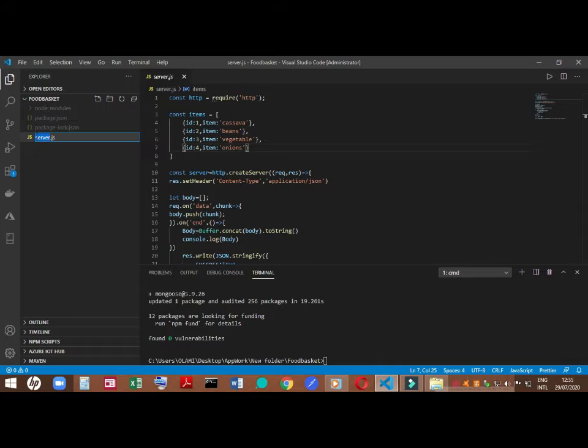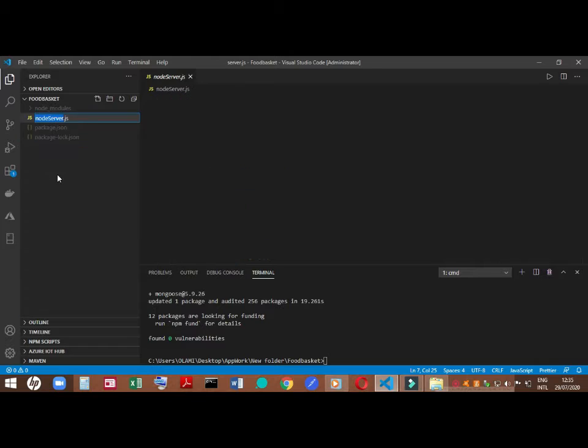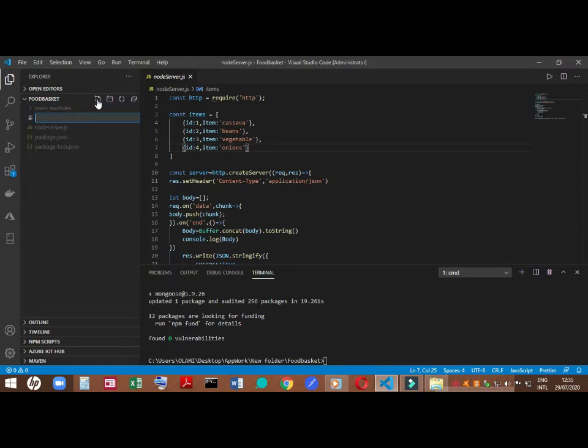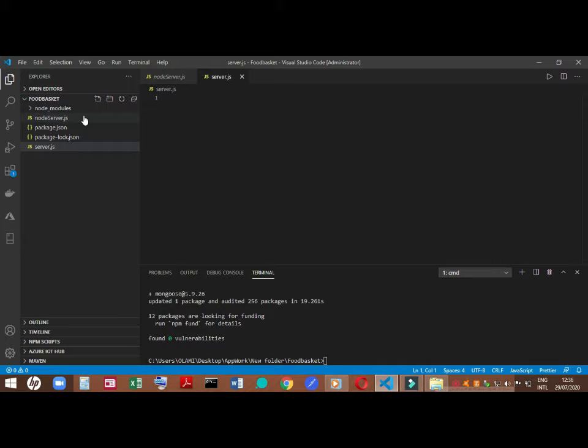We're gonna call it nodeserver.js, and we're gonna open up another file and we'll call it server.js. Cool. In our server.js file, we want to bring in what we're going to be needing. First, we're going to bring in Express. To do that, we simply do require Express,